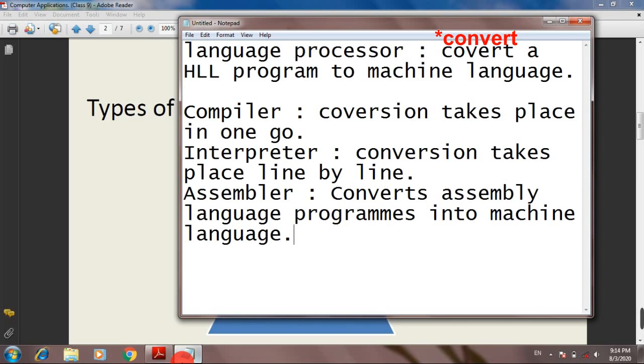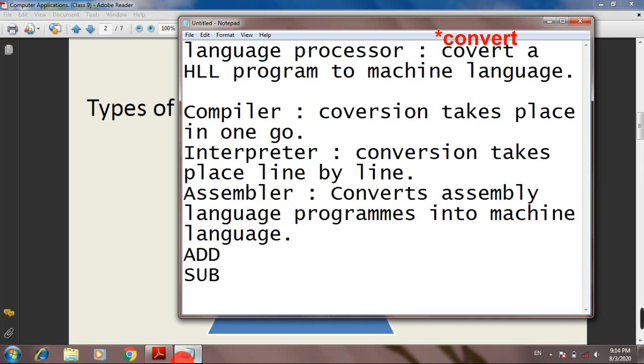in which every instruction is given in form of commands. For example, if you have to add two numbers, there is a special instruction for addition, that is ADD. If you have to subtract, then it is SUB.